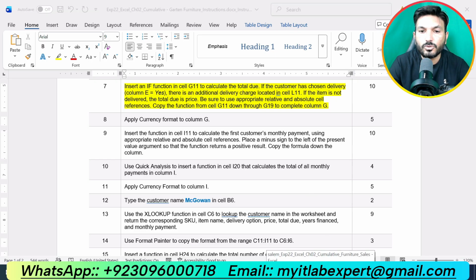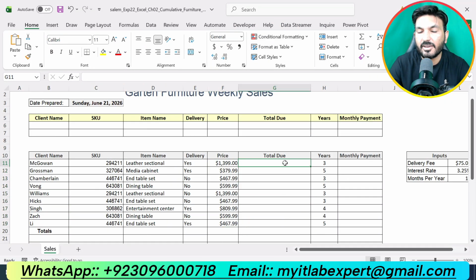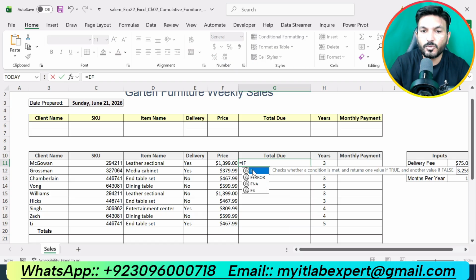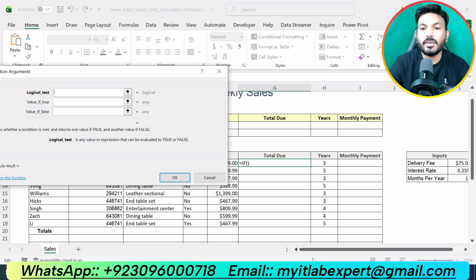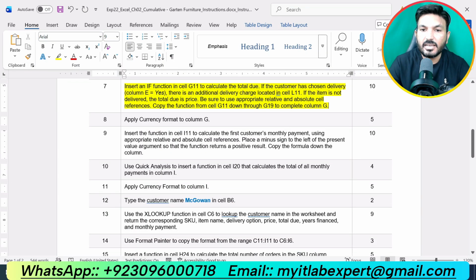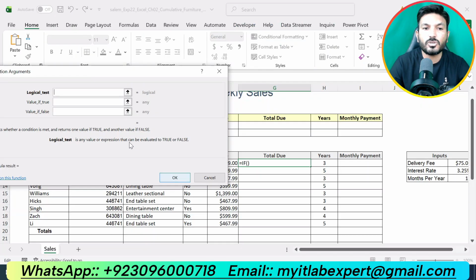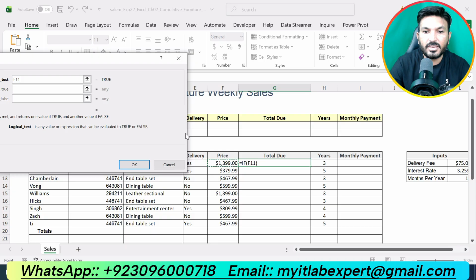Okay, now let's go to the workbook and go to cell G11. Here we are supposed to use an IF function. So type an equal sign and type if. So we will get the IF function, double click on that. Now click the function symbol to enter the function arguments. Okay, so our logical test is if the customer has chosen delivery, that means if E is equal to yes. So if E11 is equal to yes,